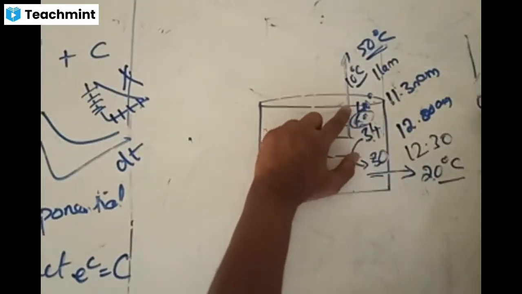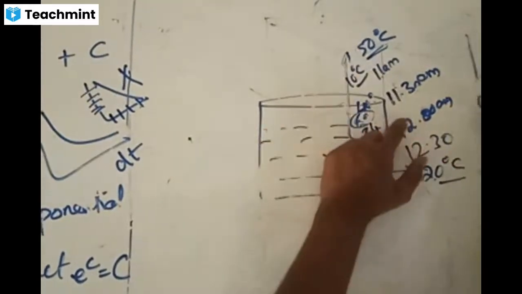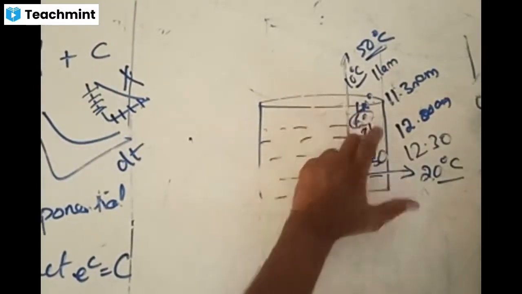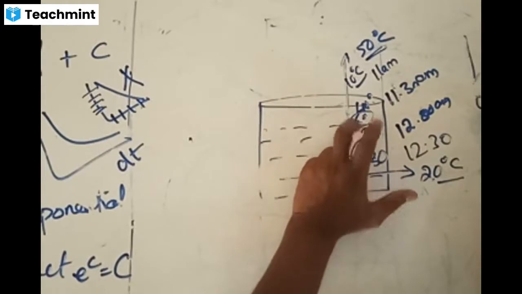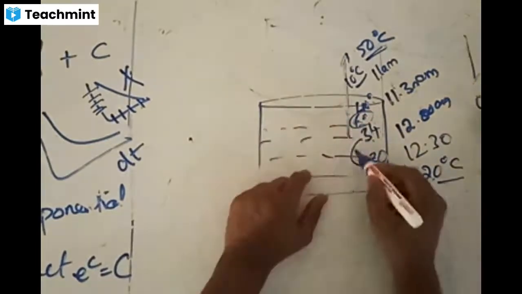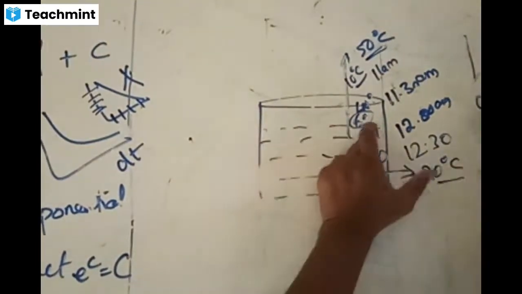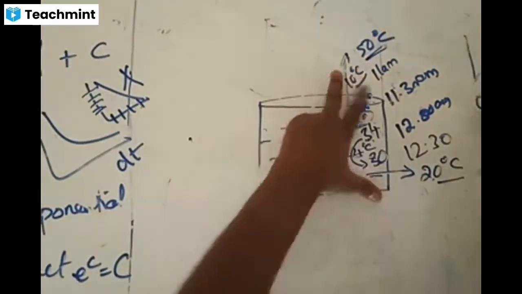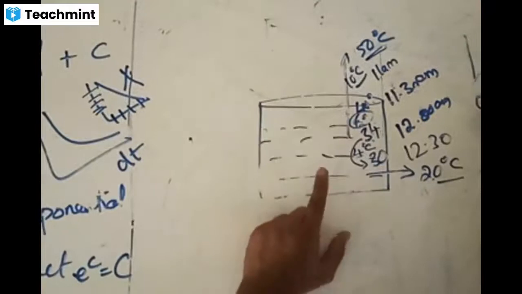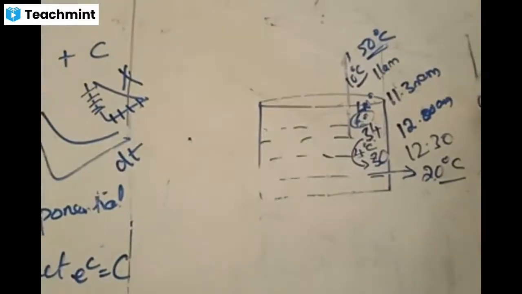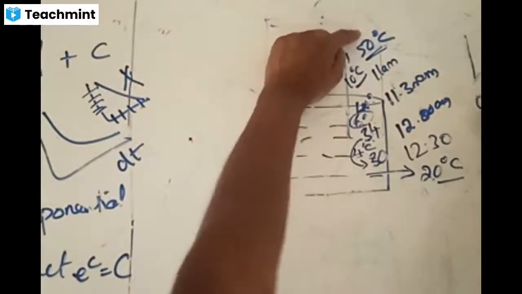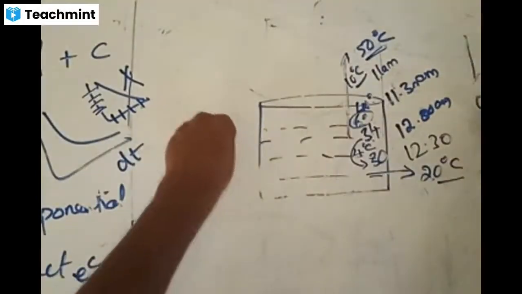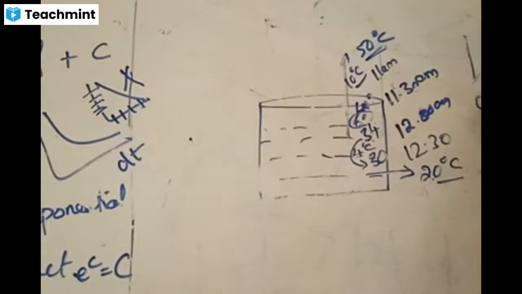Is the point clear? Now again during the next 30 minutes, how much is the temperature difference? The temperature difference is 14. If the temperature difference is 14, it will now lose some other amount. If the temperature difference is less, less heat is lost. More is the temperature difference, more heat is lost. Every time it loses heat, it is not depending upon the initial temperature, but upon the temperature difference present at that time with the surrounding temperature. That is the meaning of exponential terms.